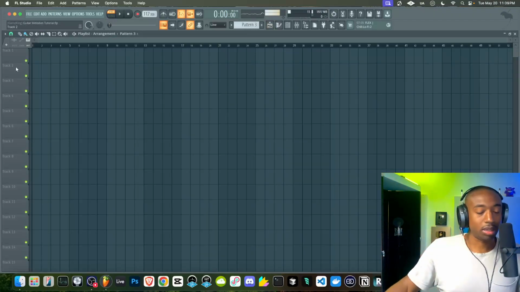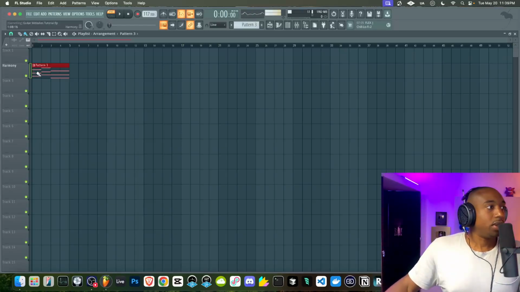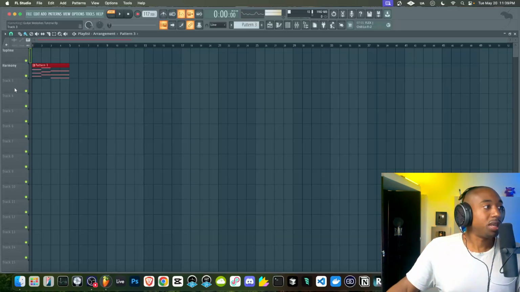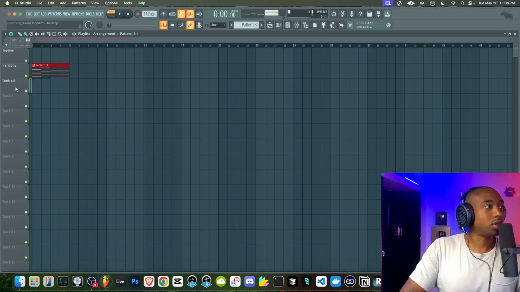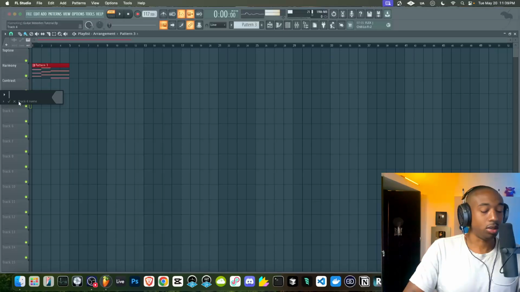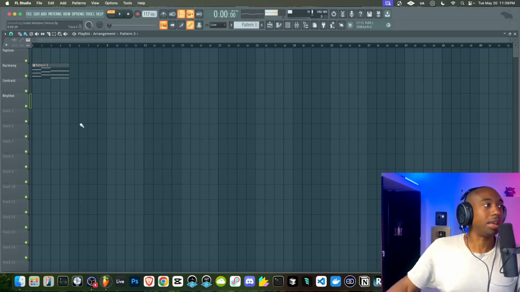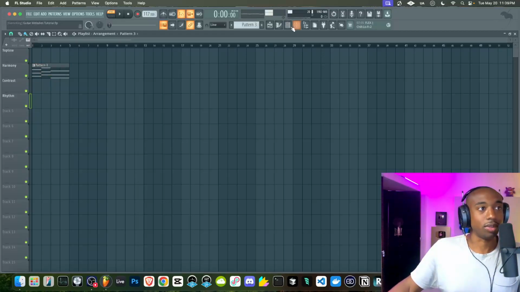So if we're creating melodies, there's 4 layers to a melody. You have the top line. This is the memorable parts of the melody. You have your harmony section. This is your chord part. This is the glue to the track. You have what's called a contrast layer. This is your counter melody. And then you have the rhythm part of the melody. Now, these can all be interchanged. It doesn't have to be 4 separate things all of the time.